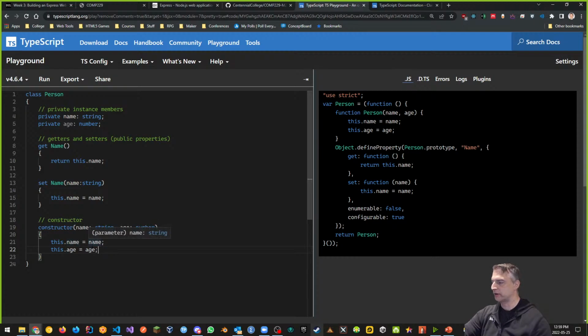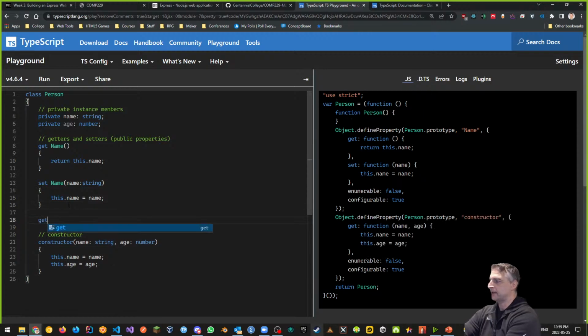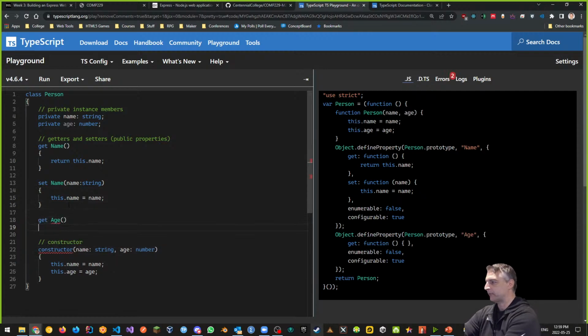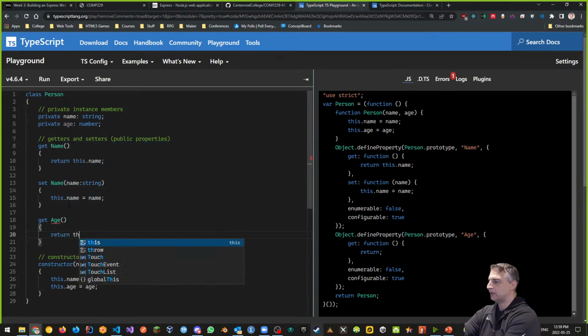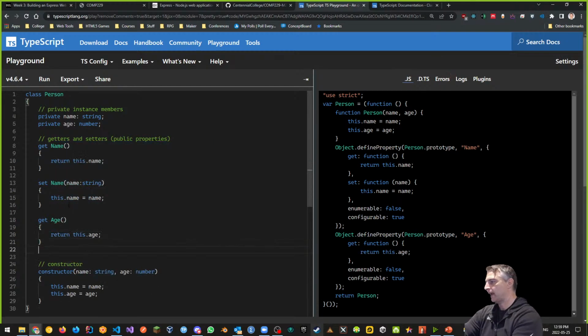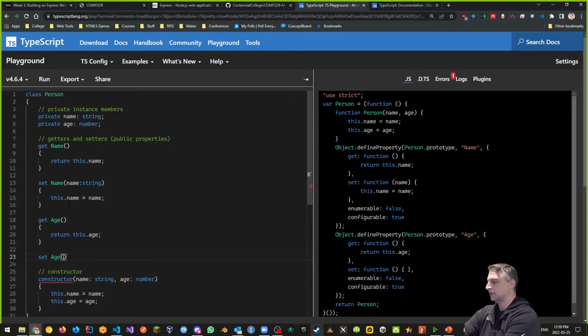If you don't do it in the constructor, there's an issue. Okay, and let's continue. Let's say private age. Let's do the getter and setter for age. So again, we'll say get age. Again, I'm using caps for this, and I can return this.age, and I can also set age,